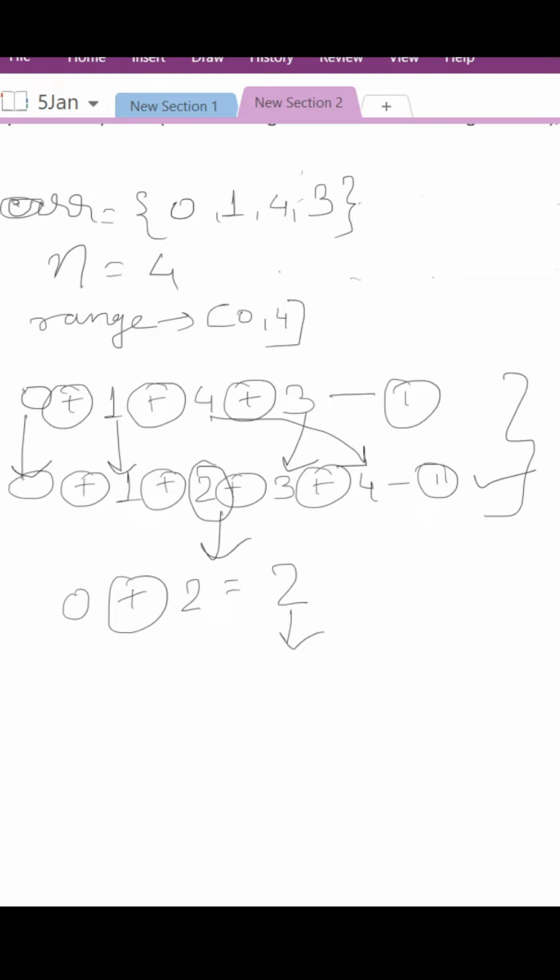The time complexity of this solution is order of n since we are iterating the array only once, and the space complexity is order of 1 क्योंकि हम लोग कोई भी extra space consume नहीं कर रहे हैं.